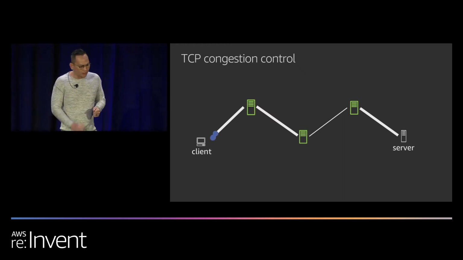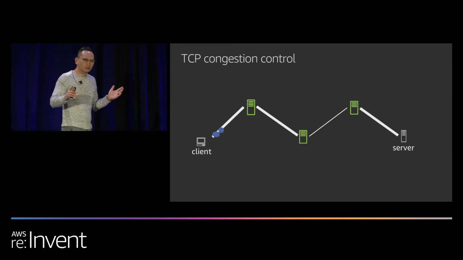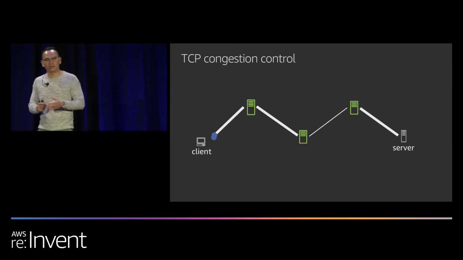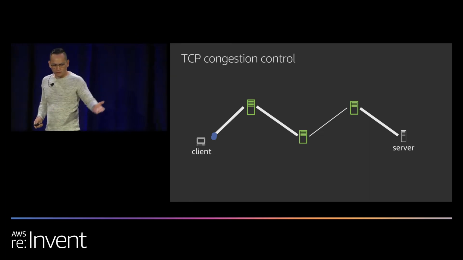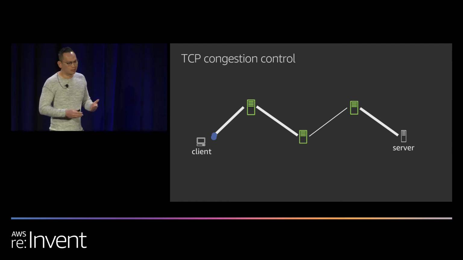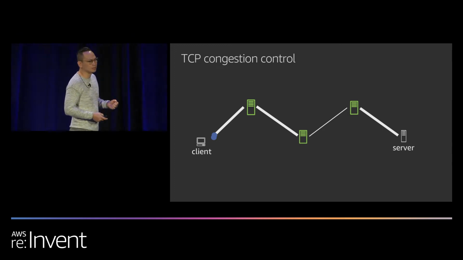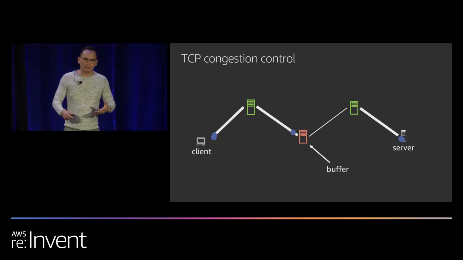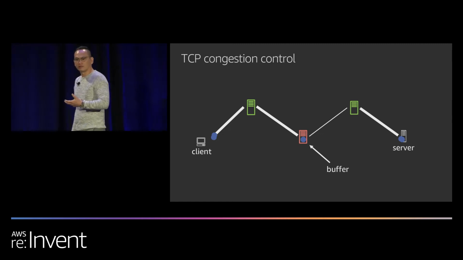Well, with TCP, ideally, the latency for the round trip of sending a packet from one point to another and getting it back would be the length of the pipe, right? However, if you notice on this diagram, some of those pipes are of different lengths because some of those routers along the way might have different bandwidth limits, right? If you send too much traffic, in some cases, some of those packets might get stuck in the buffer queue at one of those points along the way.